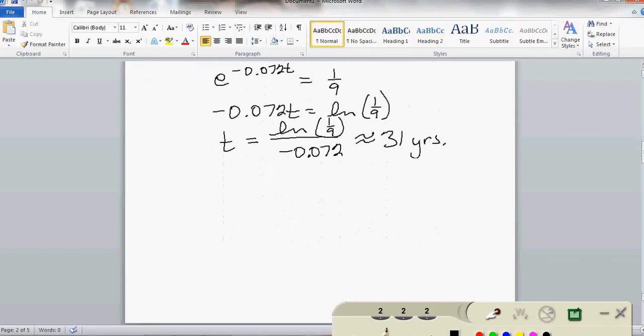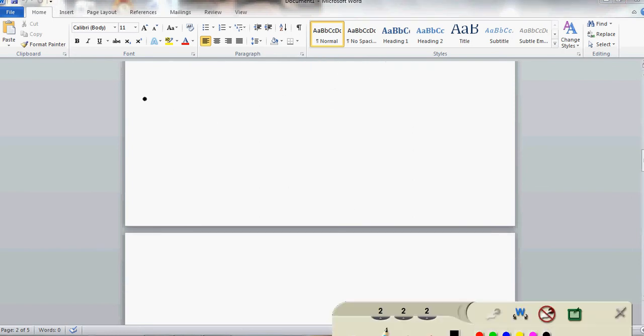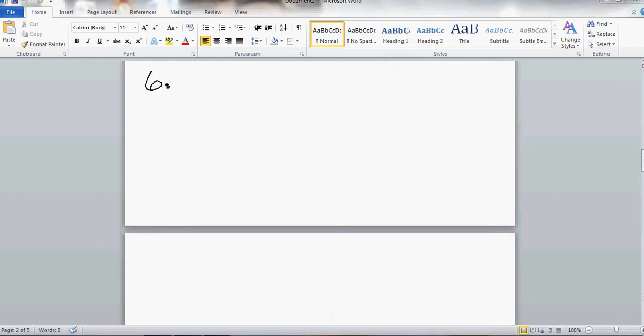Example number 6. Number 6, it has 60% of the carbon-14. And we know that carbon-14 decays at a rate of 0.0125% annually. So that means that is the rate that we're using. We're left with 60% of what we started out with. So we have 0.6 of what we started out with. The initial, we're going to assume 1, and 60% would give us the 0.6,